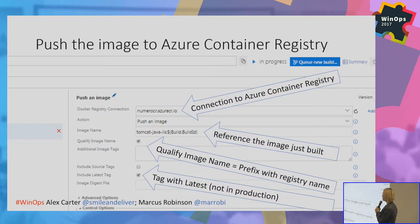To push the image up to the container registry, as you can see there, you just name your registry connection. You want to push the image, you reference which image it is, qualify the image. Now this tag with latest we wouldn't use in production, but for the hack we just wanted